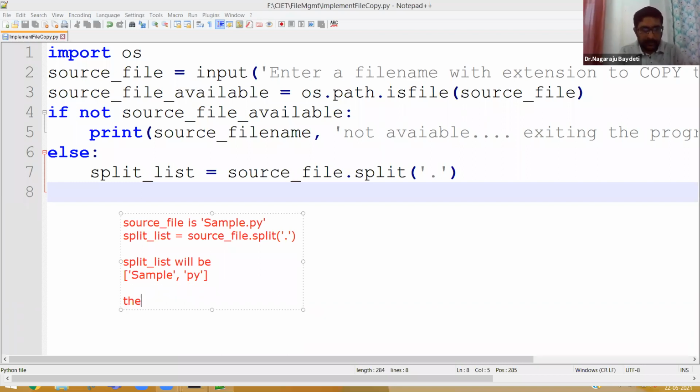So the file name is in split list of 0. The extension is in split list of 1. Don't ask me what this 0 and 1 is. It is an index of the list. I hope you guys have understood the logic written in line number 7. In case you don't understand line number 7, ask me now itself.